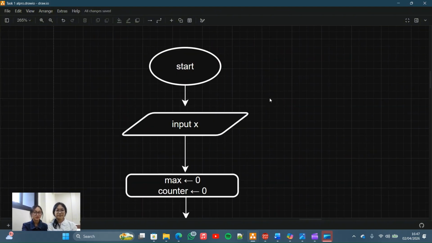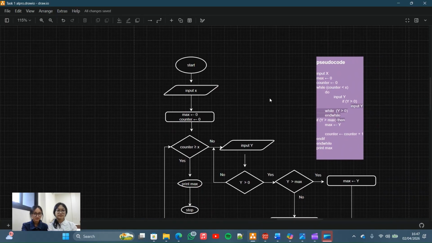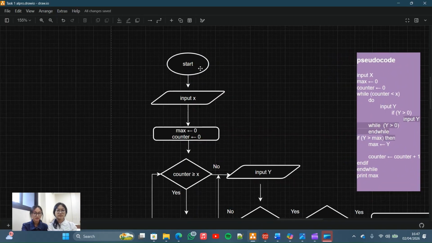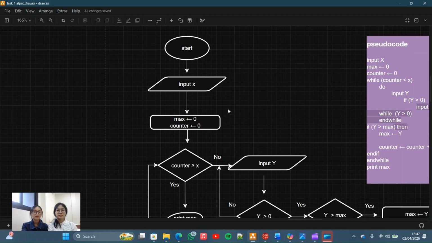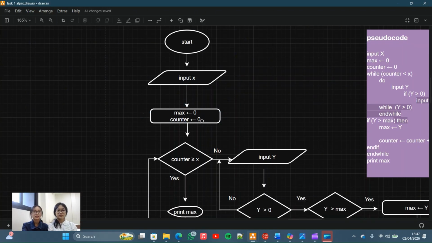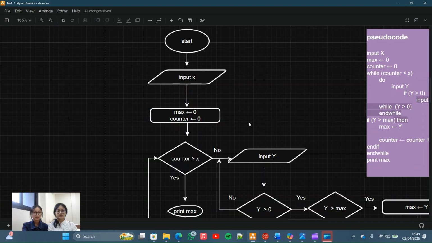So we have the flowchart here. First, we start the flowchart, and then we ask the user to input an X number. Then we initialize max and counter: we store 0 to max and 0 to counter.